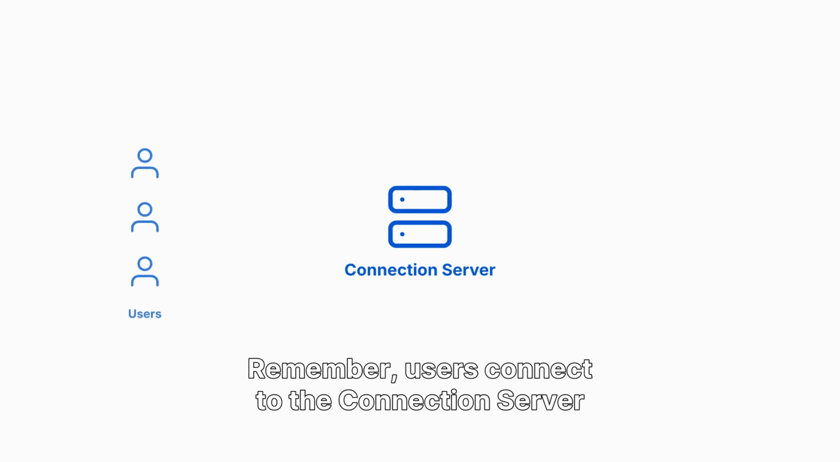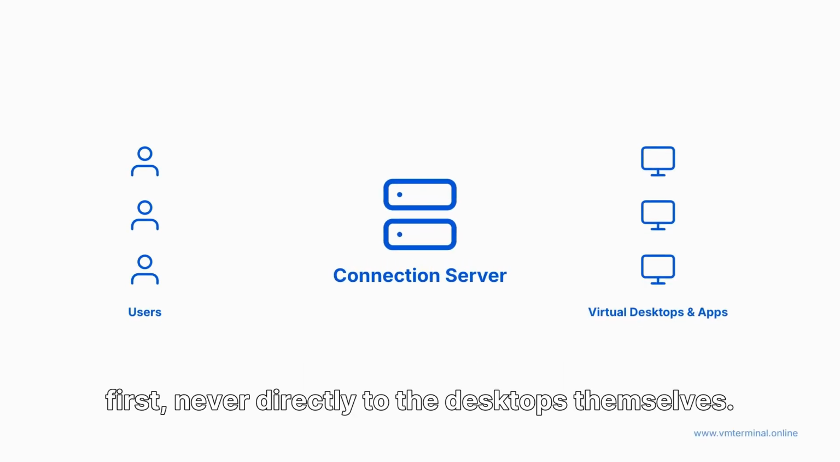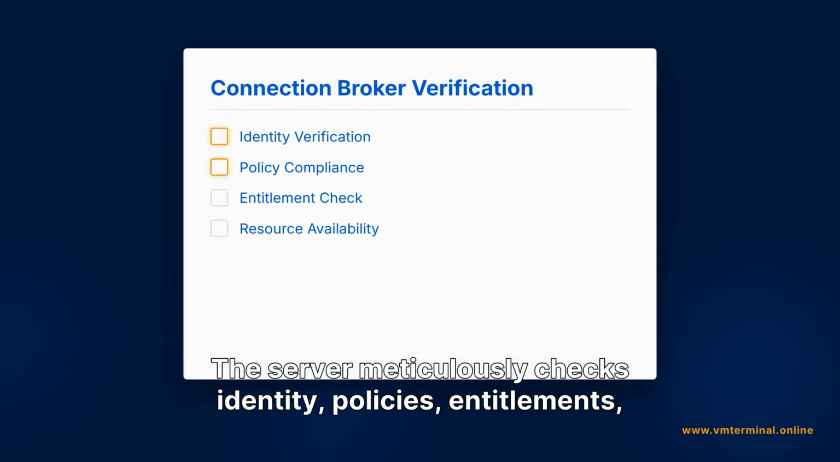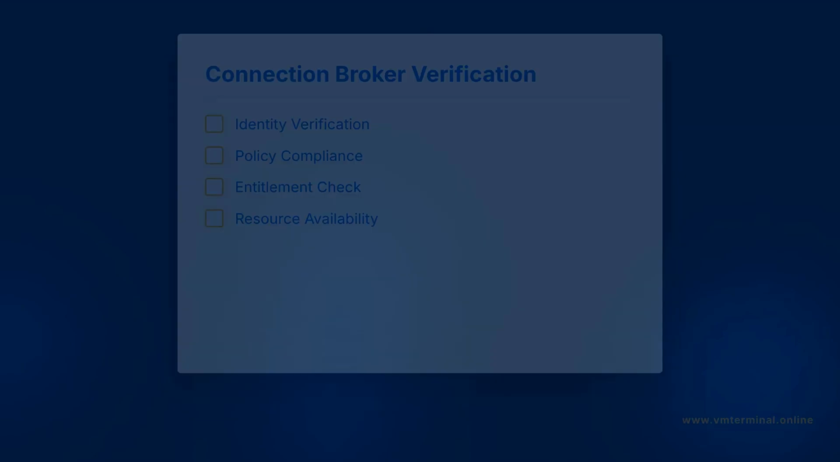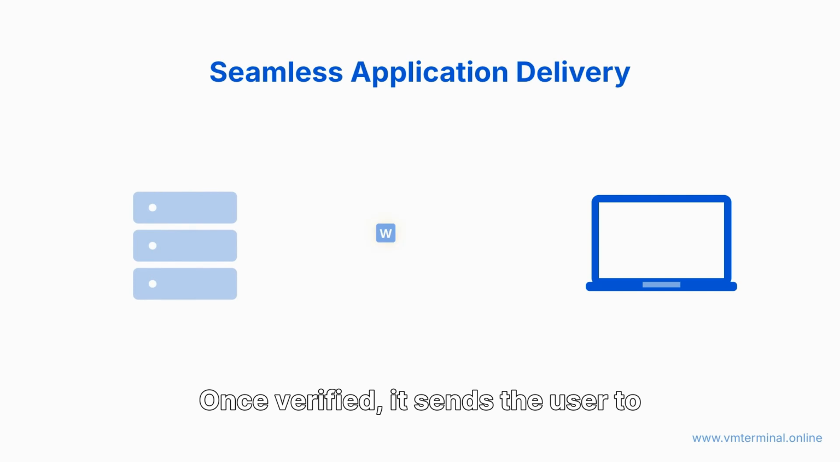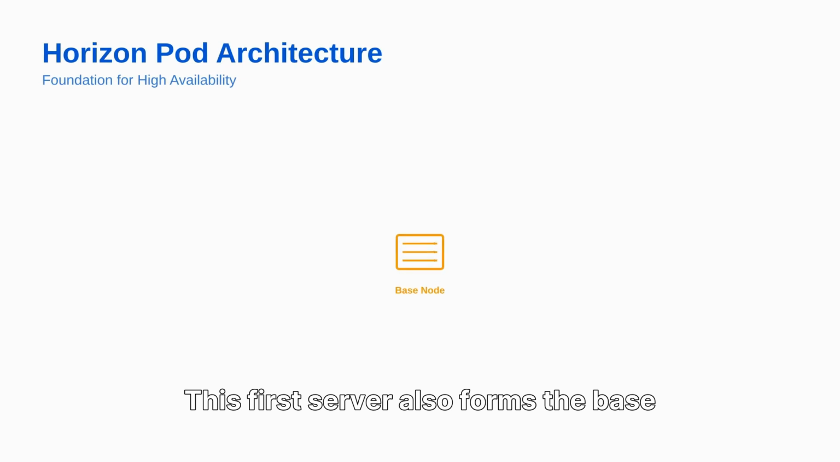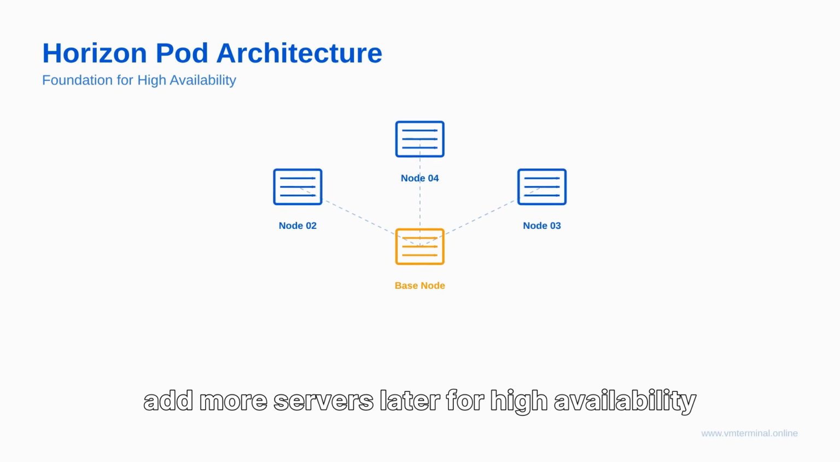Remember, users connect to the connection server first, never directly to the desktops themselves. The server meticulously checks identity, policies, entitlements, and available resources before brokering the connection. Once verified, it sends the user to the correct desktop or published application seamlessly. This fast server also forms the base of the Horizon pod, allowing us to add more servers later for high